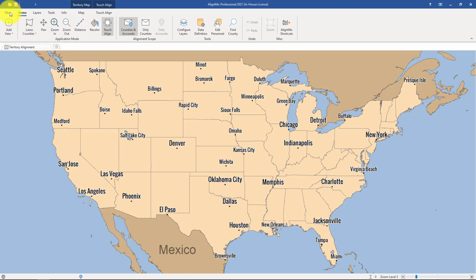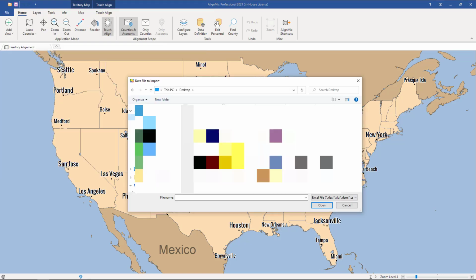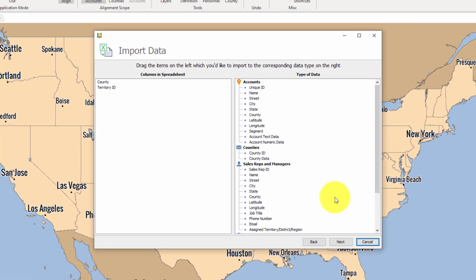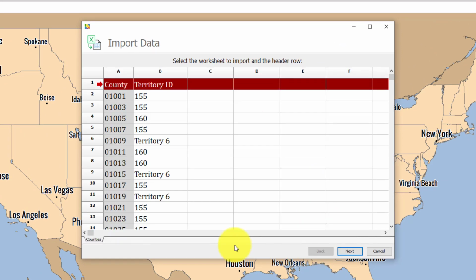To do the import, you click on File, Import, and then on Import Your Data. And now simply select the file for import and click on Open. If you've got multiple worksheets in your Excel file, you'll have to click the back button and select different worksheets for the import. But since this Excel workbook has only one worksheet, we can leave it on the first tab